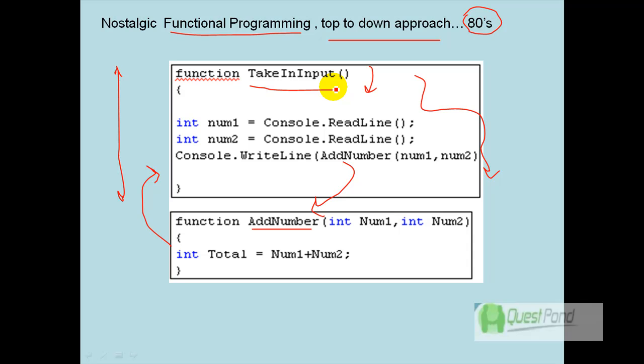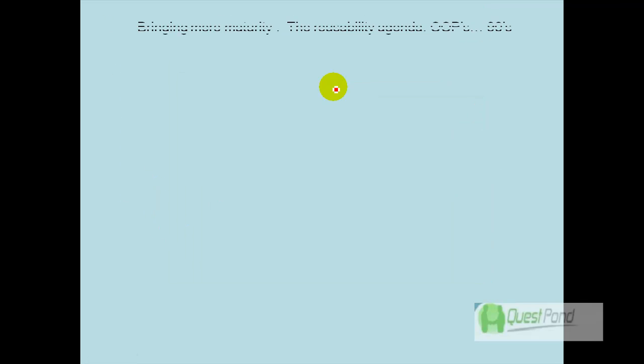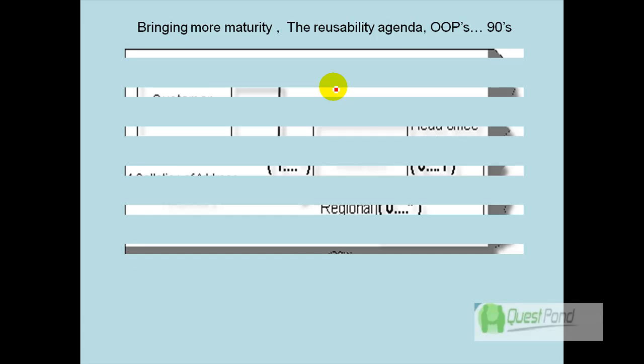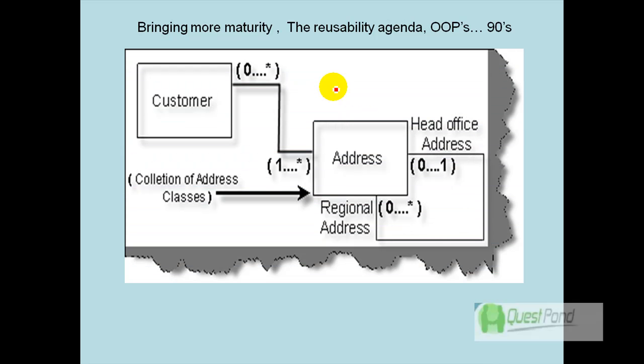So people moved towards the 90s, and reusability was the agenda, and people came out with something called object-oriented programming. The IT programming community said, let's talk in terms of objects of the real world. Let's try to map our source code with real-life objects. With that we can maintain our source code, and we can give a proper handover to the new programmer. So people started thinking in terms of classes and objects.